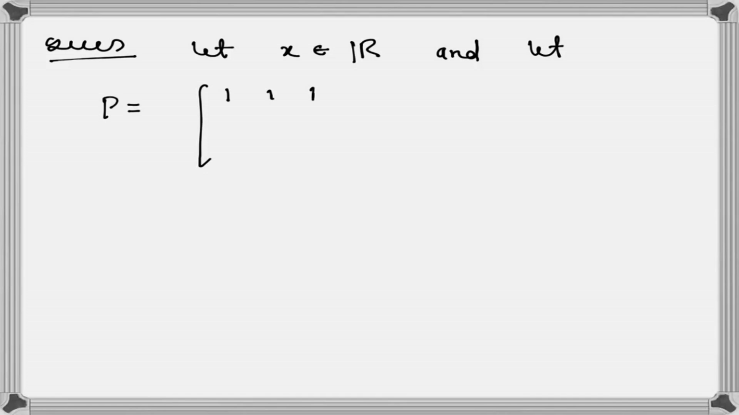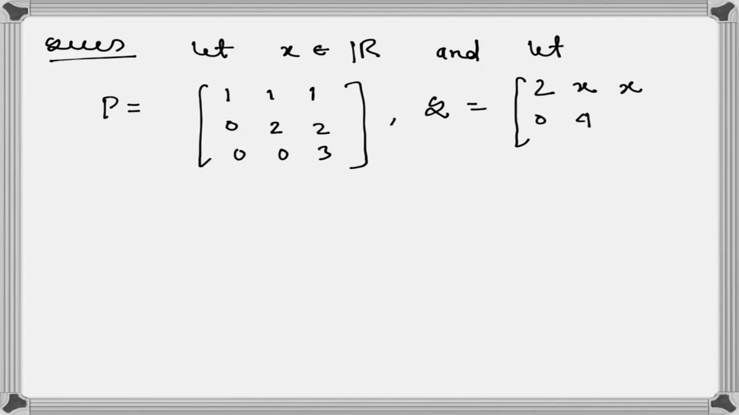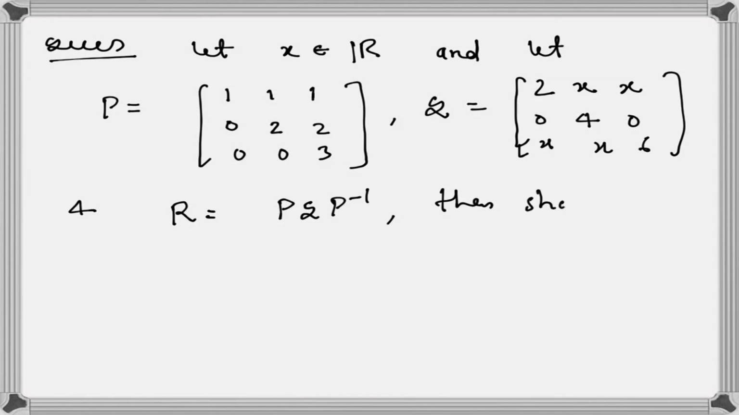Okay, so let's solve another problem. Let x belong to the real numbers and let P be equal to the matrix 1 1 1, 0 2 2, 0 0 3, and Q be equal to the matrix 2x, x, 0, 4, 0, x, x, 6, and R is equal to P Q P inverse, then show that